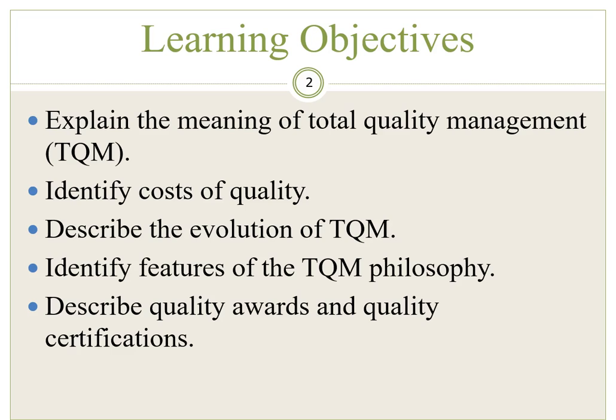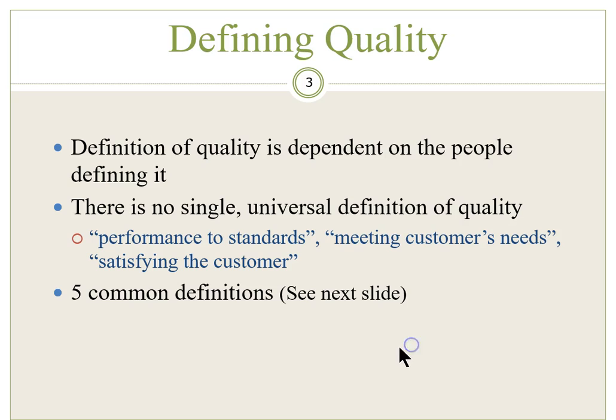The 7 most commonly used tools of quality control are presented and discussed in this chapter, along with the Baldrige Award and several certification programs. Also included in this chapter are the contributions of several quality gurus such as Deming, Juran, Crosby, Shewhart, Feigenbaum, Ishikawa, and Taguchi. And finally, the reasons for TQM failures are also presented in this chapter.